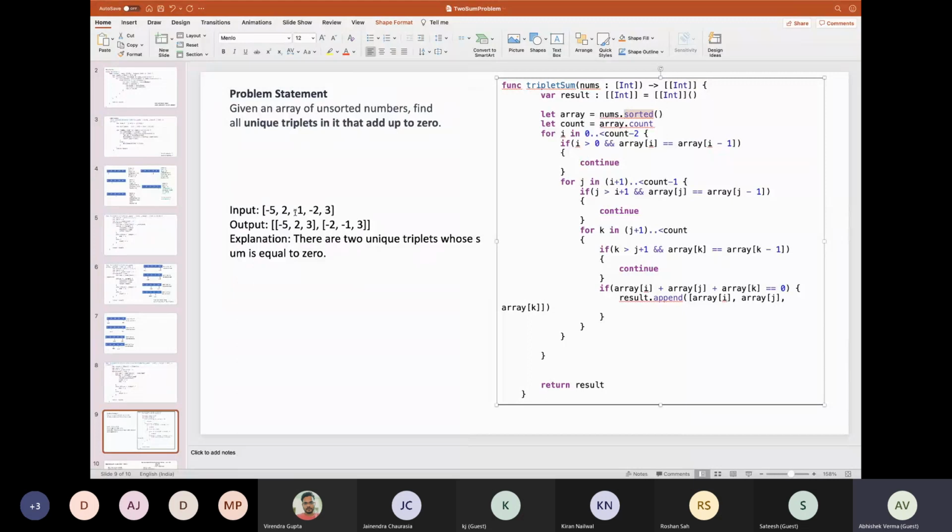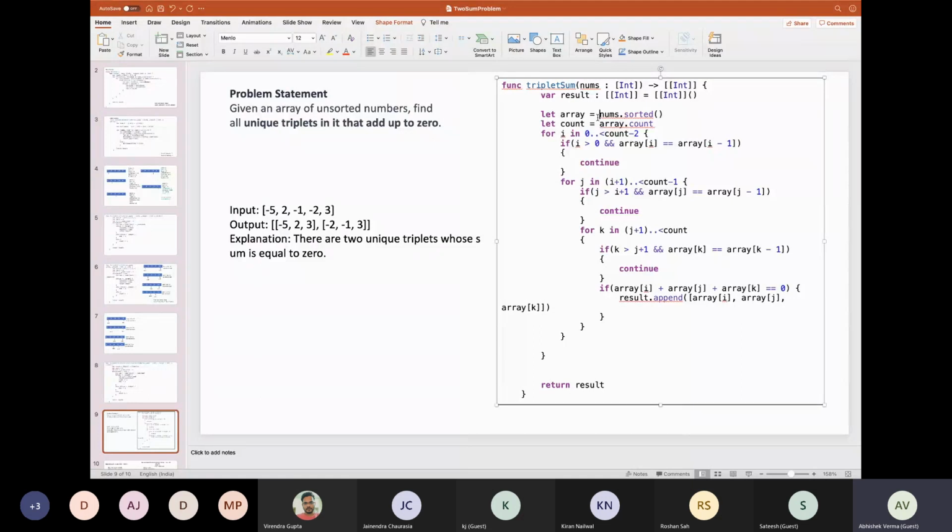We can only bypass an element if all the elements in the array are sorted. Only then can we say that okay, this element I have to bypass, because the current i value already has the same element. For this reason I have sorted the array.